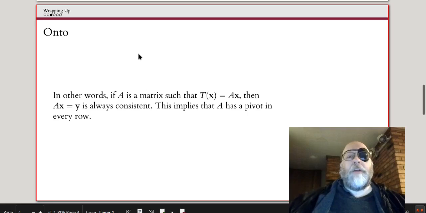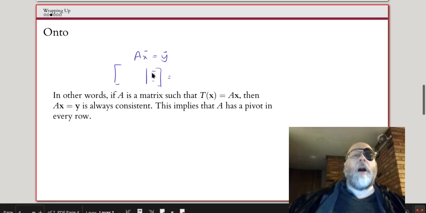What that means is that Ax equals y is always consistent. And that means that when we augment with y, because we're trying to solve for x, we always get a solution, which means we cannot have a leading entry in this column. And that means that we must have a leading entry in every row, which would block leading entries from this column. And therefore, A has a pivot in every row. And so T is onto